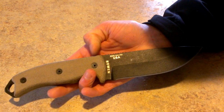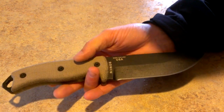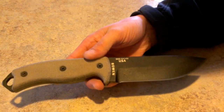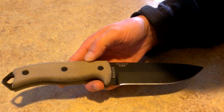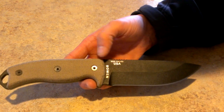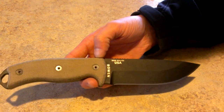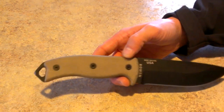You can see right there, it's made in the USA by Rowan Manufacturing out in Idaho. Now this model right here is pretty much the standard. You can get the blades in black or OD or olive drab or a tan, I believe. And then the handles,